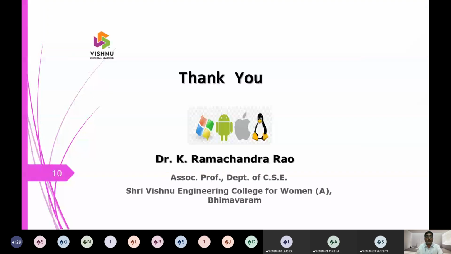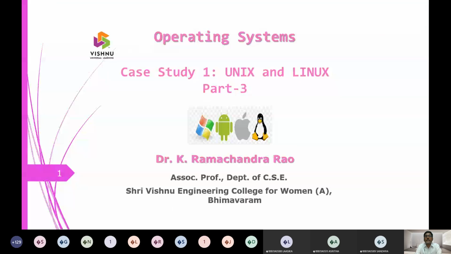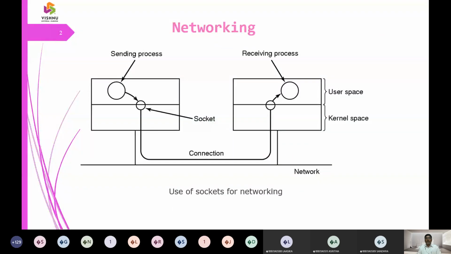So that is all for today. So in today's class, we have taken up the Unix memory management. After Unix memory management, then we were talking about socket programming. So in socket programming, we have source party and destination party. The communication is in the form of packets, and packets are put in a socket to move from source to destination. That is what we mentioned for networking.